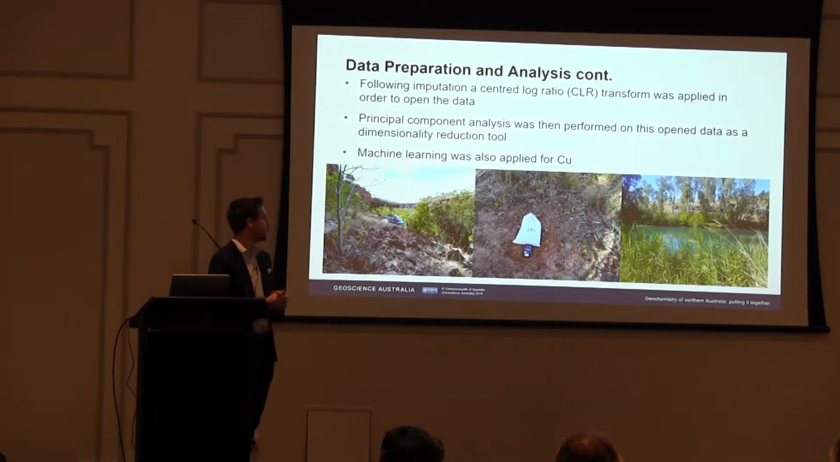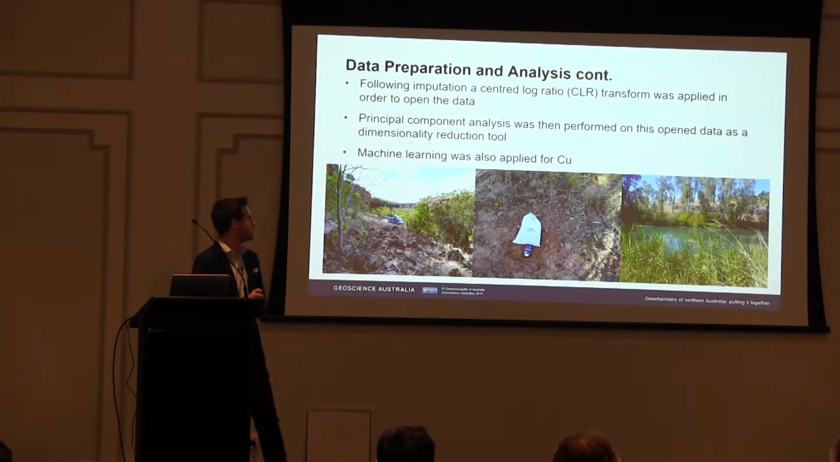Following on from that, we performed a centered log ratio transform, or CLR, and this is to open up the geochemical data. Geochemical data, as many of you might know, suffers from what's called the closure problem, in that as you start to perform statistical analysis on it, because it's multivariate, what you see is the potential for spurious results to creep into your data, as well as hiding some things in the data that you might not